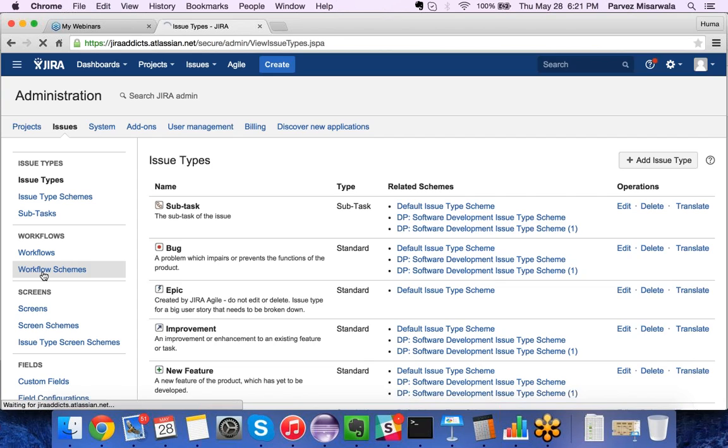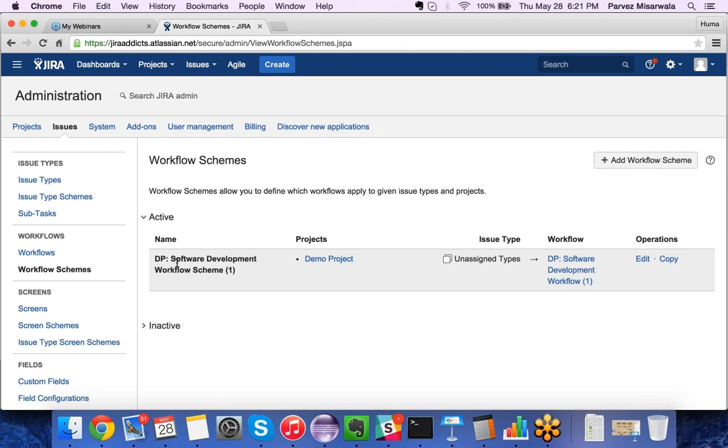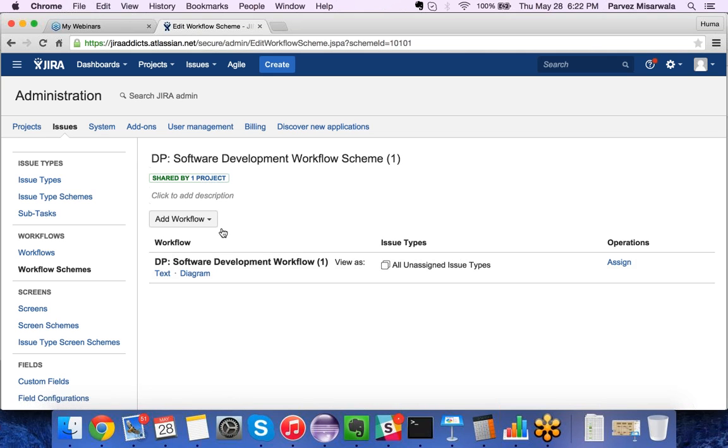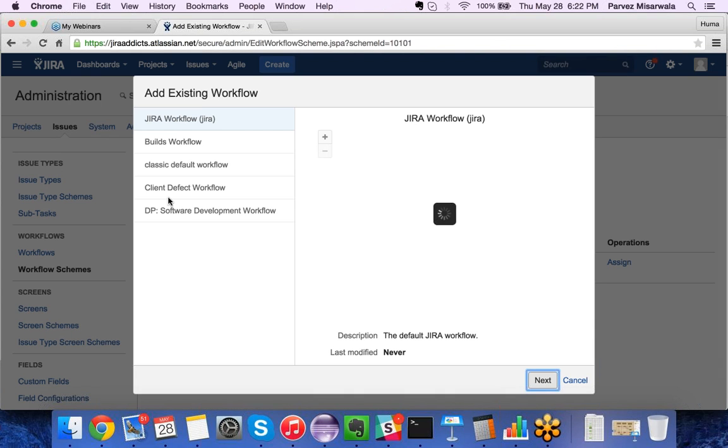I'm sure in the workflows there is a default scheme that's available for a demo project, and this is for all unassigned issue types. That means for all the issue types, this default workflow will take place. But I want a different workflow for defect. So let me edit it, and I'll say add a workflow, add existing workflow. You see here we have this client defect workflow,